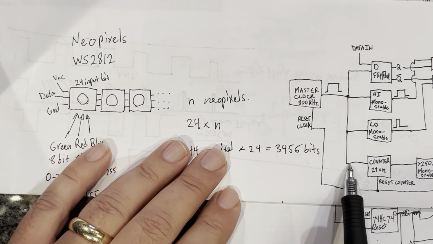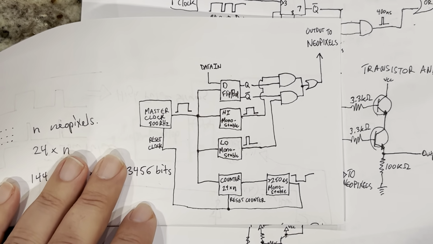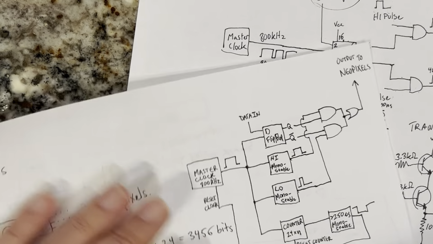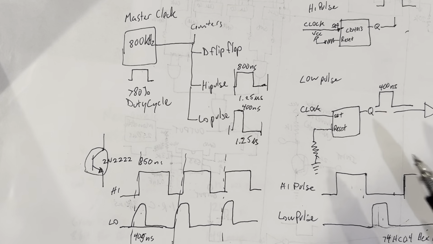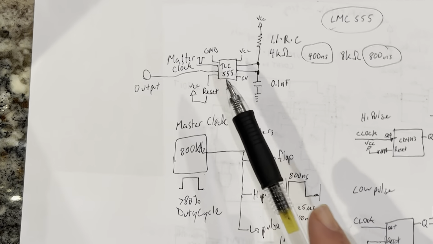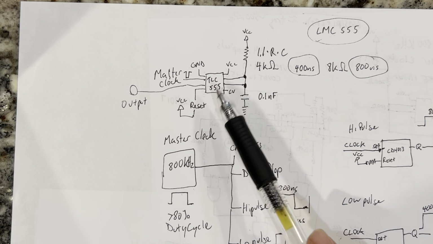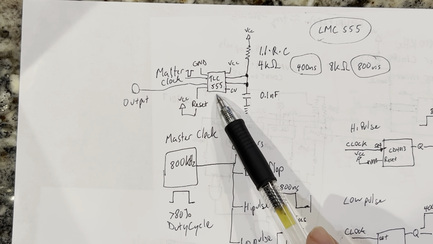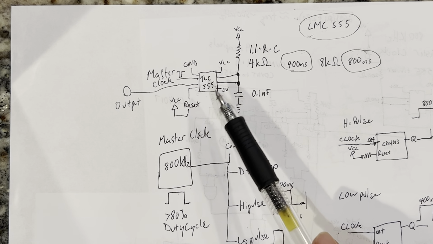This is our final schematic, and it would have been nicer and more elegant for these high and low pulses to be generated by a monostable pulse trigger, and I didn't have to make it the Fugazi way, which is with the propagation delay on the flip-flops. This would have been the nicer way to do it. And for those people who want to make something like this, I don't use the TLC555 or the regular NE555 timer, but if you could find a monostable pulse generator